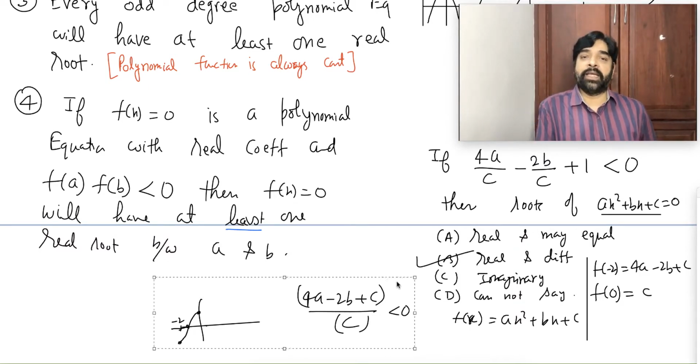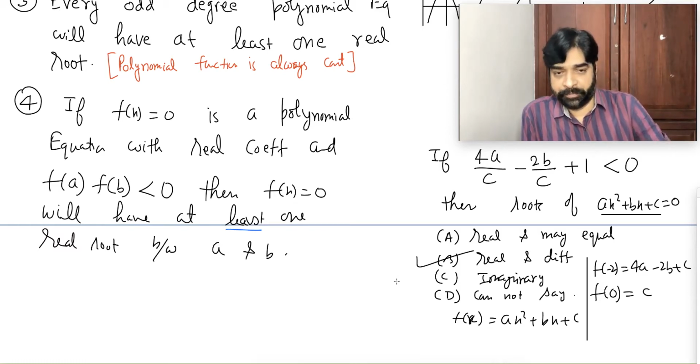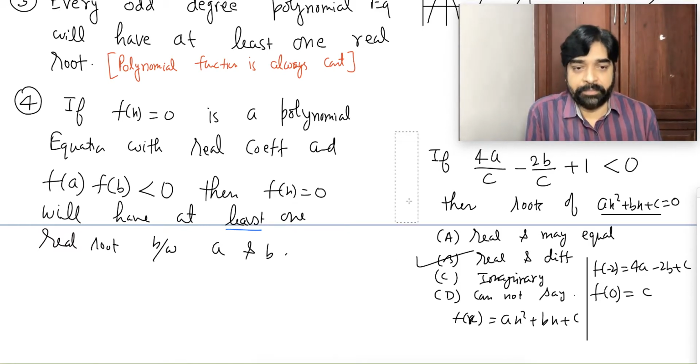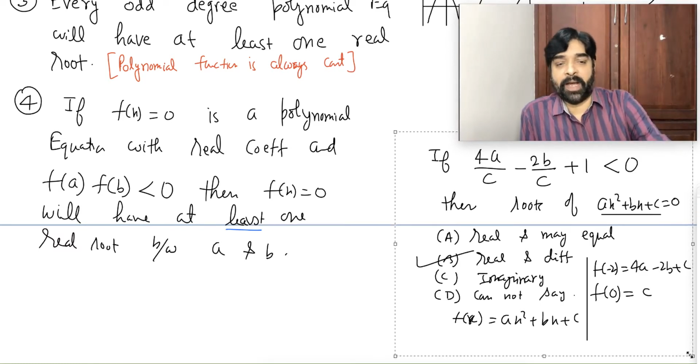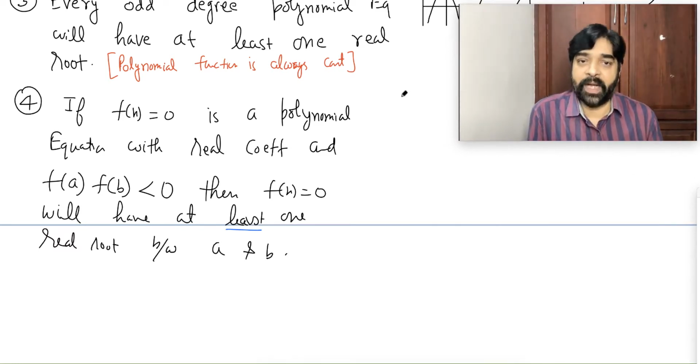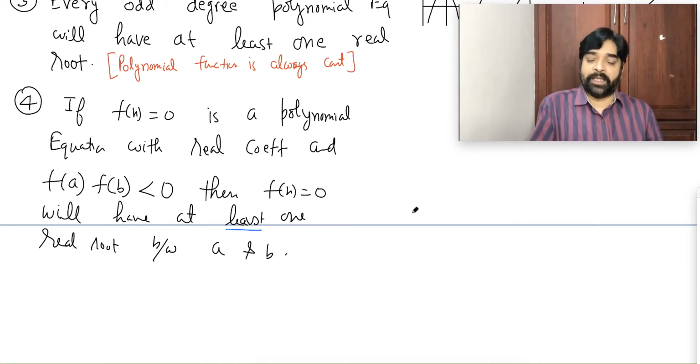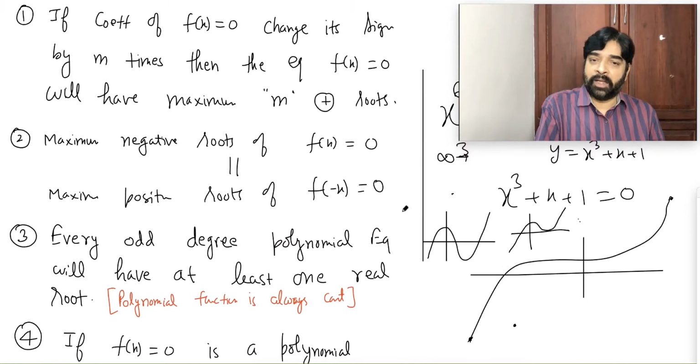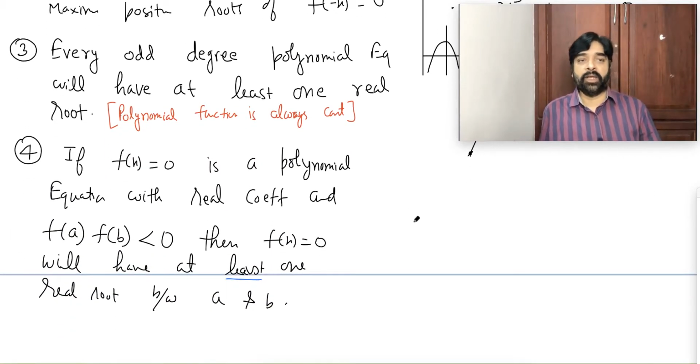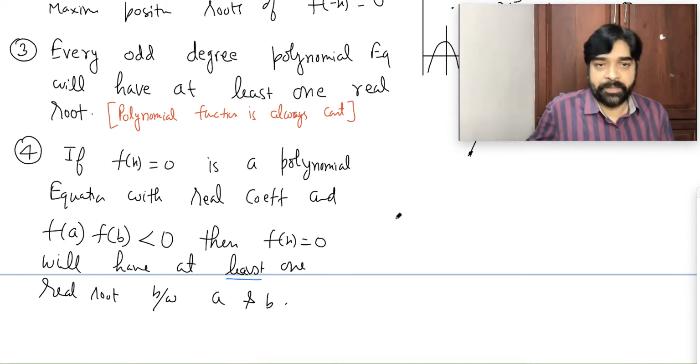Sometimes we analyze the roots of the equation by using mean value theorem and application of derivative, maxima, minima and all those things. That part I am not doing. You will learn it in the application of derivative, and that time you will understand better. Sometimes mean value theorem based questions come, like Rolle's theorem and Lagrange mean value theorem. By using that also we analyze the roots condition. Those things I will not do here. So your quadratic equation theory is totally over. Now nothing left. Theory I finished.